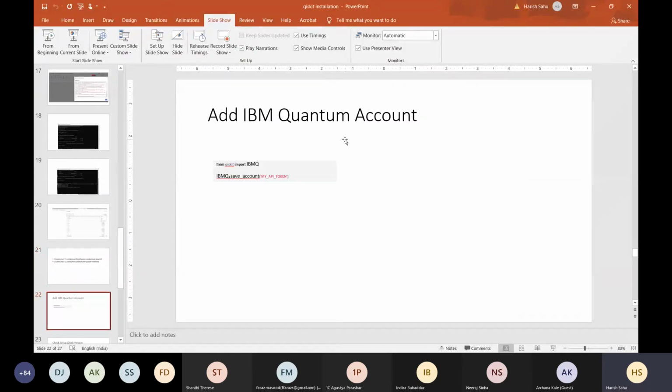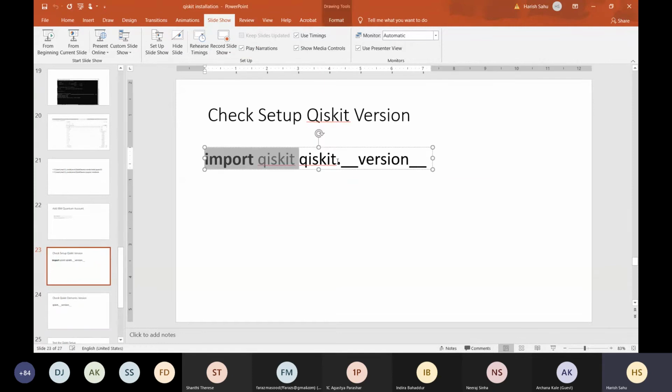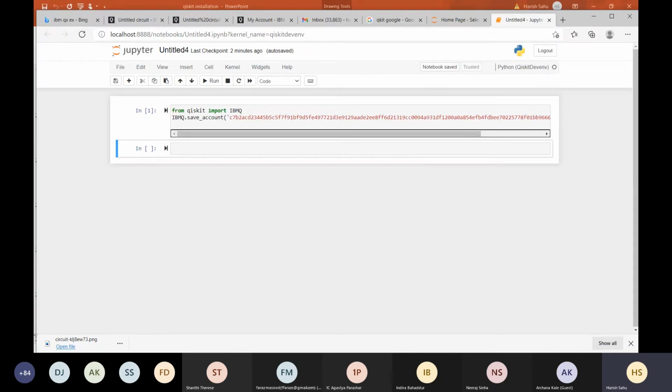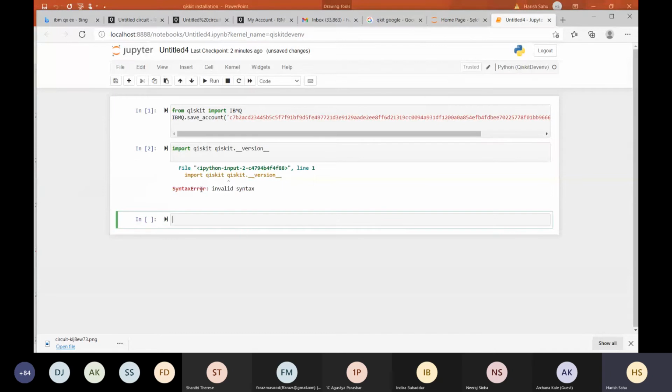Now I have connected with my IBM account. I want to check which Qiskit version is installed on my machine. You just import this. Shift plus Enter is the command to run. It is saying some error. What is the error here?